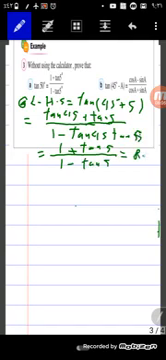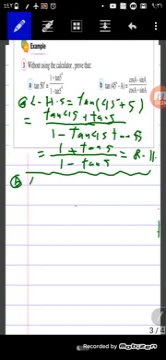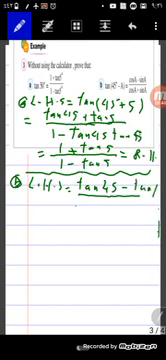This is the right hand side. Now we can prove number B. Tan of 45 minus A, left hand side, equals tan of 45 minus A. We can apply the second rule: tan 45 minus tan A over 1 plus tan 45 tan A equals